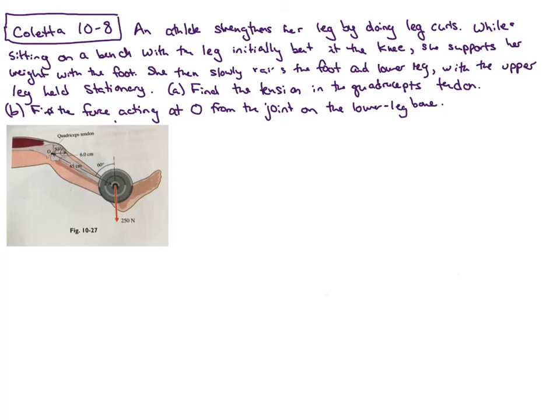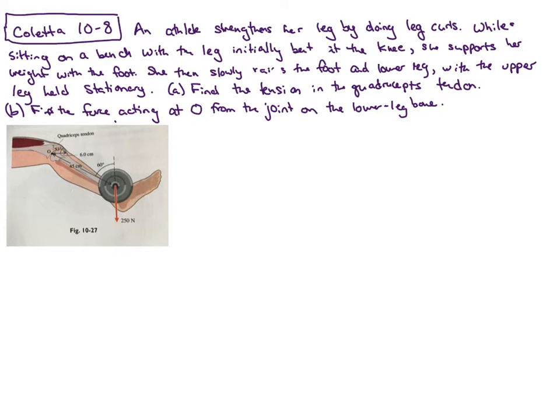In this question, I'm going to solve Colletta problem 10.8, which is talking about an athlete who's doing leg curls. We're able to see a picture of the distribution of weights, and she's slowly raising the foot and lowering the leg, and this is the joint, so it's rotating about this origin here. Now, right now she's holding the leg stationary, so we'd like to find the tension in the quadricep tendon,